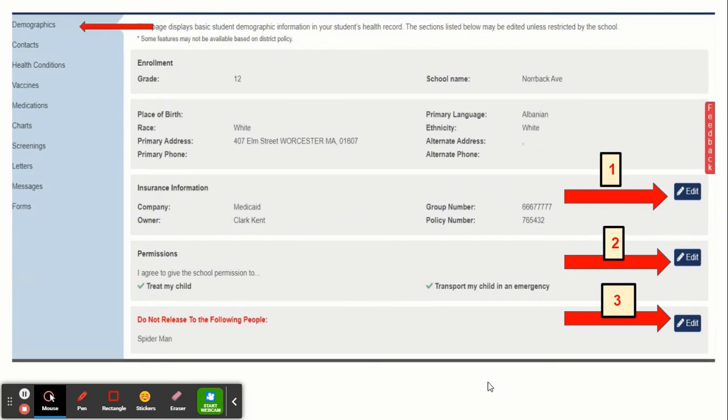The main page displays demographic information that is imported from the district database. Review and notify your child's school secretary if you notice any errors. There are 3 areas that you can edit by clicking the blue Edit tab in the demographic section. Number 1, the insurance information. Number 2, the permission to treat your child and transport in an emergency. And number 3, you may add names of people of concern that you do not want to release your child